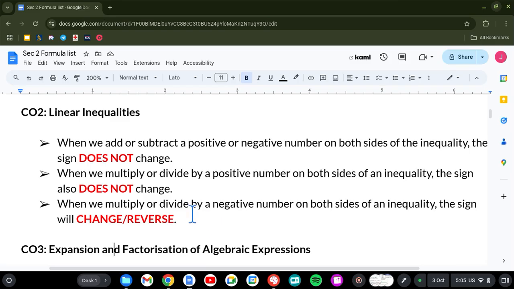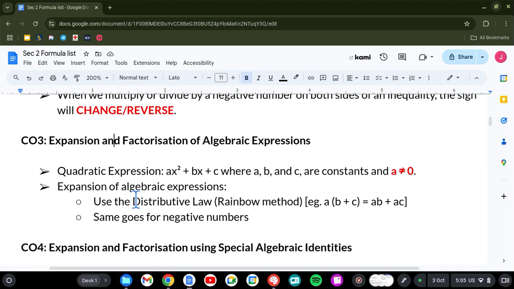Okay, the next one is chapter 3, expression and factorization of algebraic expression. So I think everything seems okay except for this one. There are people who still ask me what is distributive law. Okay, distributive law, which is this one. Can you see distributive law, remove bracket method? Okay, what does this mean? This means when I have something like this,